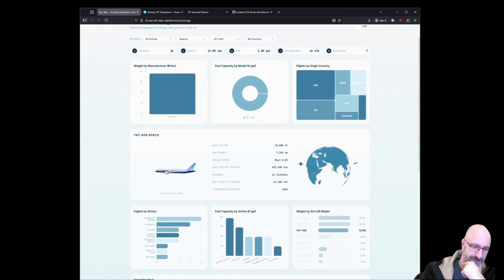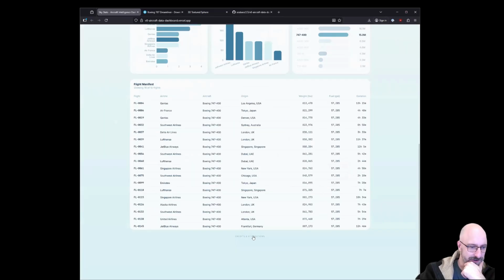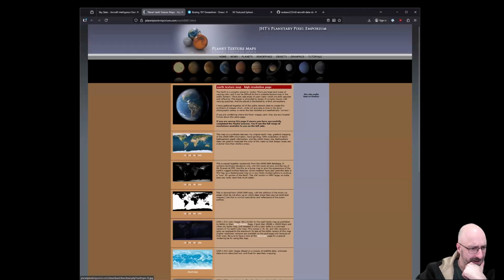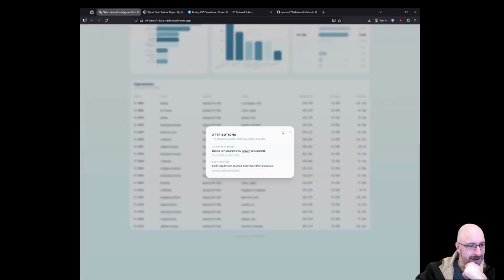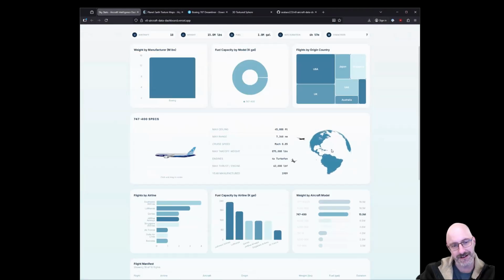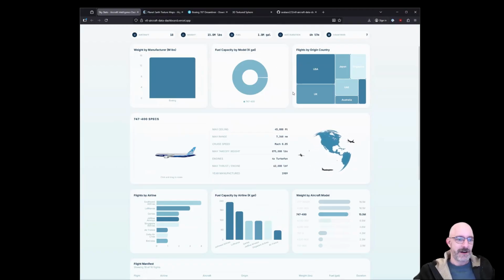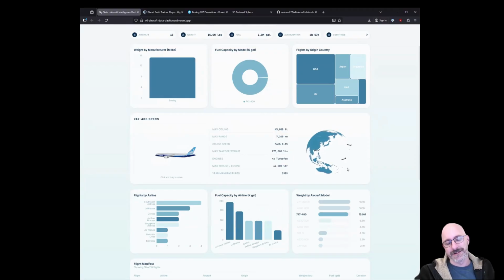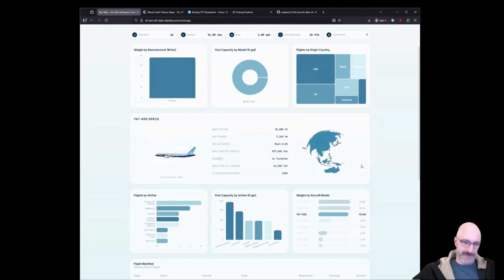So I used this texture from Planet Pixel Emporium. This guy right there. Black and white. And then I said, hey, I can key this out in Photoshop or you can key it out. It's like, oh, I can key it out. That's fine. And I was like, all right, black is landmass, white is ocean, key out the ocean and make it vertex lit so that we don't get any weird shiny spots. And it did it. And you can see the airplanes flying through the background because it's keying that out. Which I thought was really cool.